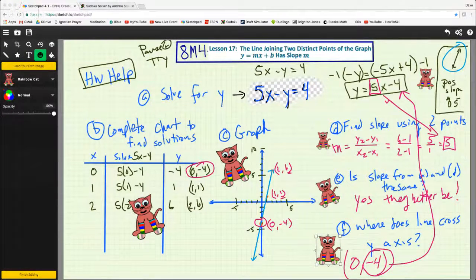Okay, hopefully this was a useful lesson for you. This is very important. Y equals mx plus b form is the most important form for a linear equation for a line that you will learn in algebra. Manipulating, putting equations into y equals mx plus b form, knowing how to build charts, ordered pairs, solutions, it's very important, and then being able to graph,